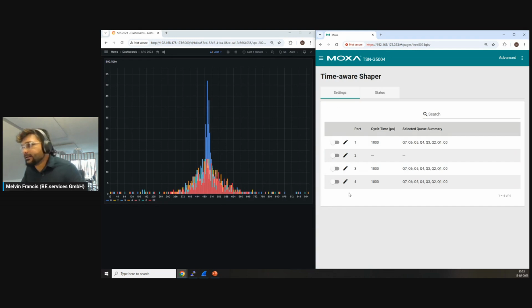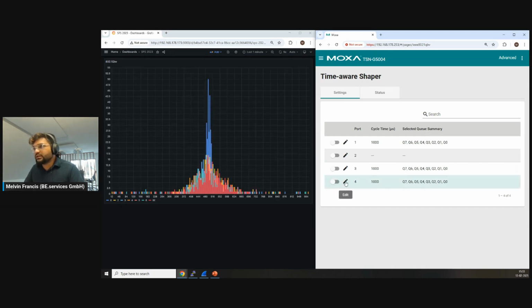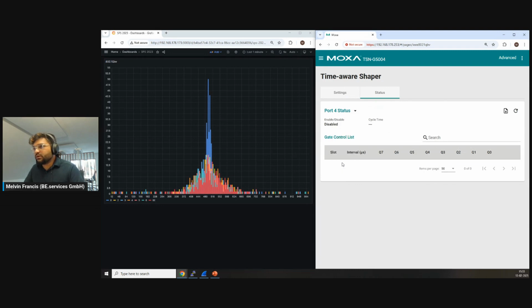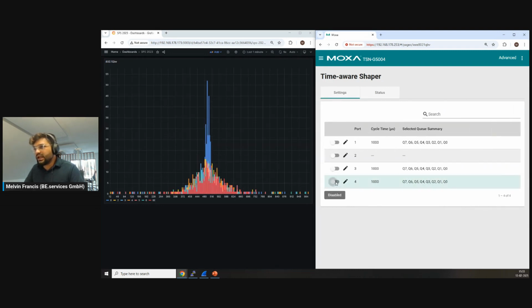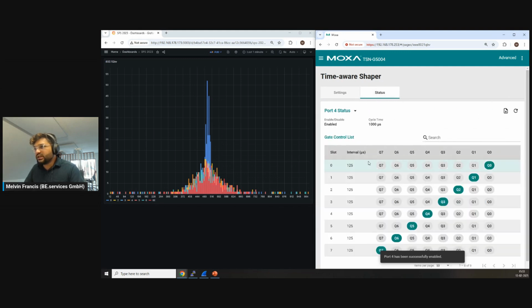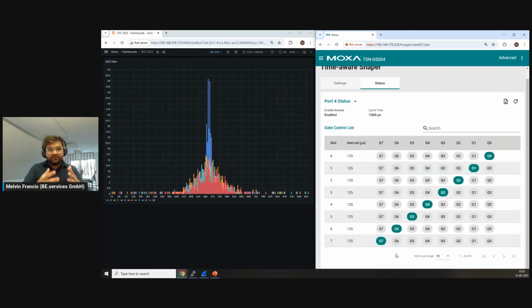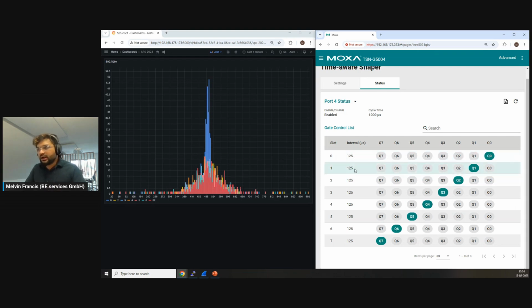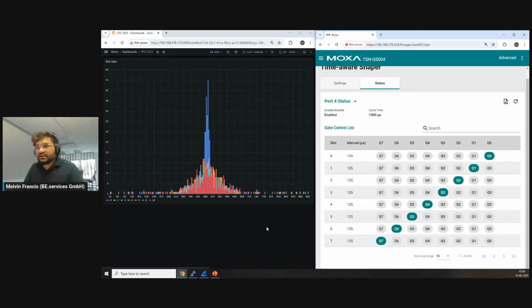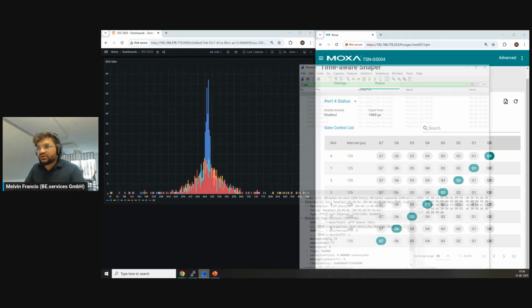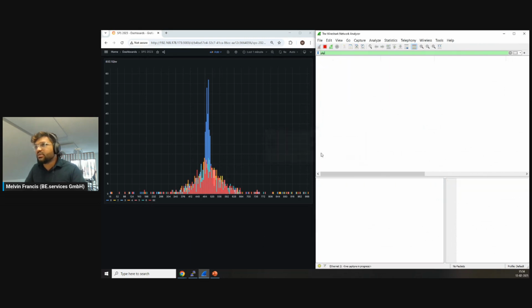which is the traffic scheduling. Now you can see the port status of port number 4. It is not enabled, and now we are going to enable it. This is how the port status would look. Since it is a very basic demonstration, I have allocated equal bandwidth for each of the traffic classes available here. We are sending an equal amount of traffic for each traffic class, which are just UDP packets marked with